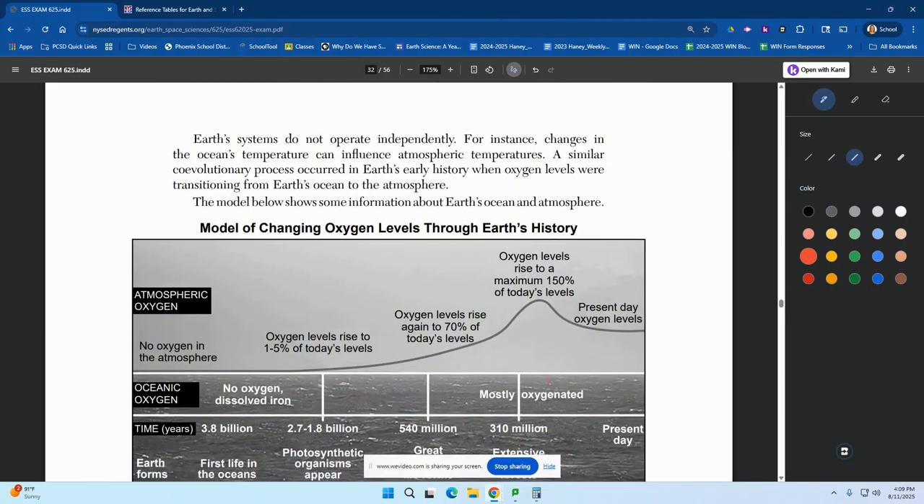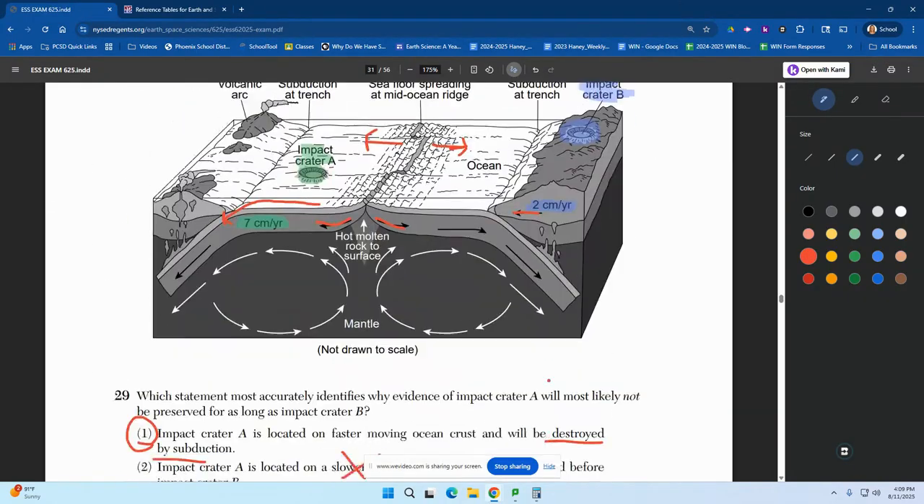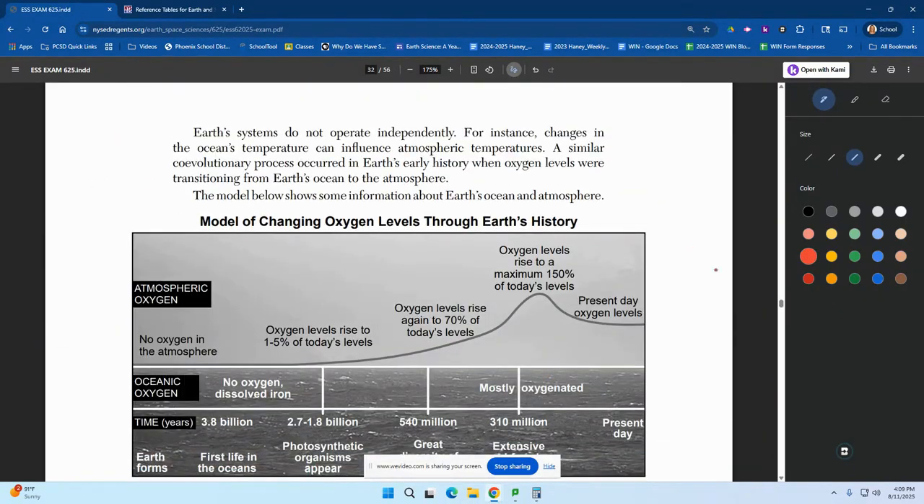So I actually think this is kind of a standalone question. They don't have it starting a new cluster, but I don't really think it fits super well with the ones above. So it says,